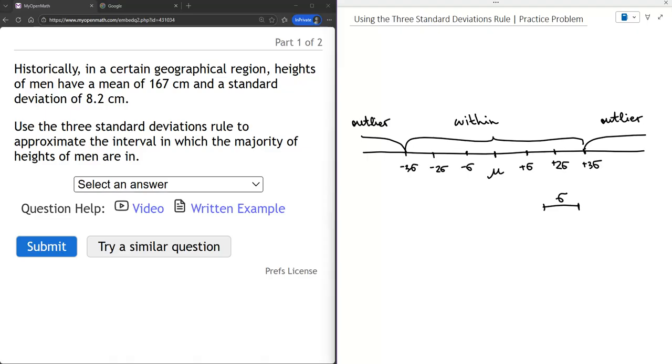So, what's going on in our problem? In our problem, we have heights of people. The mean is 167. The standard deviation is 8.2. So we need to add 8.2 to 167. 167 plus 8.2 is 175.2. 175.2 plus 8.2 is 183.4. 183.4 plus 8.2 is